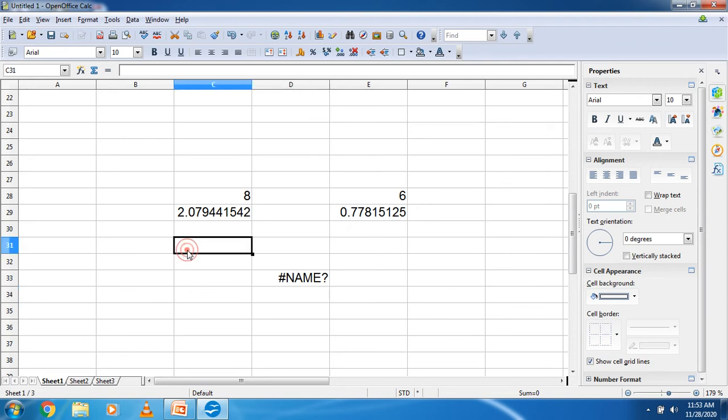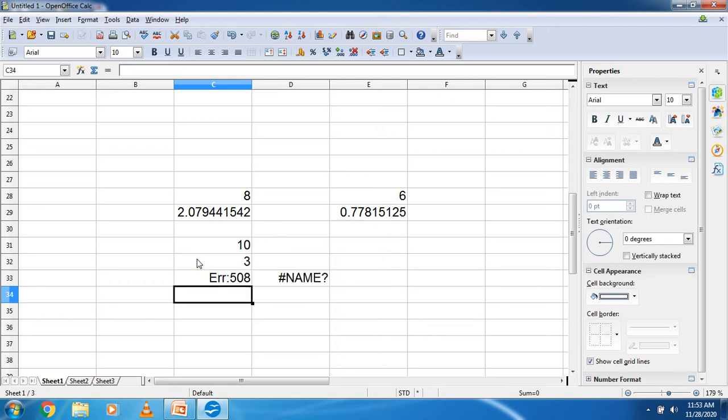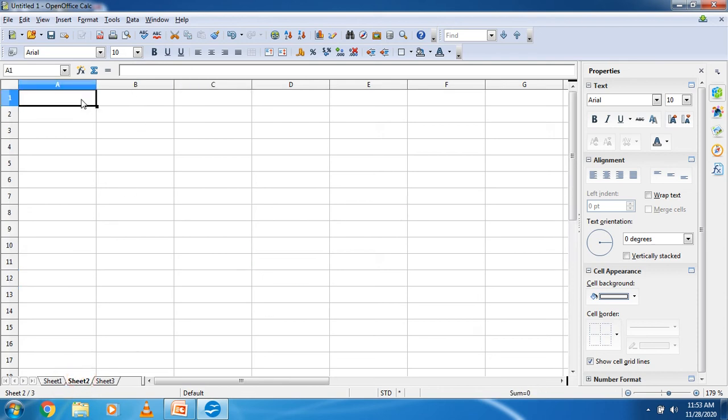One more time I am writing, suppose here number is 10, and power is 3, and here I am writing the formula equal to POWER, bracket open, number is 10, raised to 3, that is the exponent, bracket close, and enter. I use the next sheet, again I try this thing.